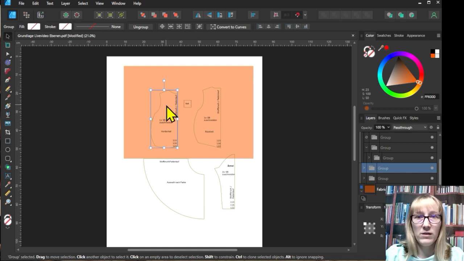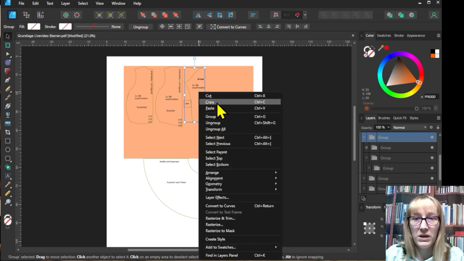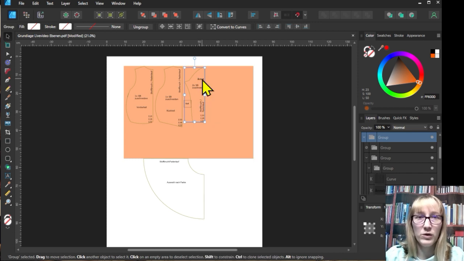Now I mark the single object and can position it according to the grain on my fabric rectangle. And so I can then create the pattern piece in a fabric-saving way, or see if the fabric is sufficient at all. To duplicate a pattern piece, you can either right click and say copy and paste, or simply hold down the Control key, select the objects and then simply move the mouse. So now if you add a second cut, you could create a side plan for the whole fabric right away.